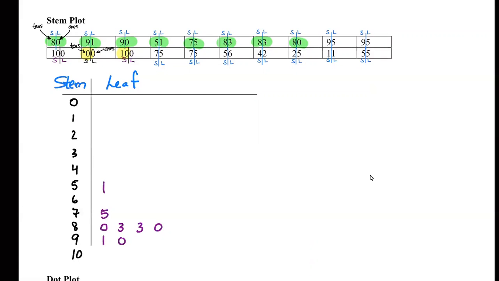The question that often comes up is, wait, the 80, I already got the 80. Do I need to put it again? Well, if I tell you that the context here is that these were a class set of test scores, it kind of matters if 2 people got an 80 as opposed to 1 person. 2 people got a 100. 2 people got 95s. That's all important information. If it turned out that like 1 person got an 11, but 30 people got 100s, then that's